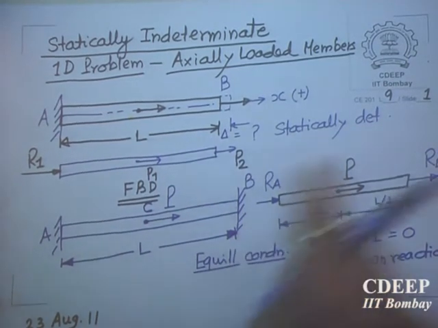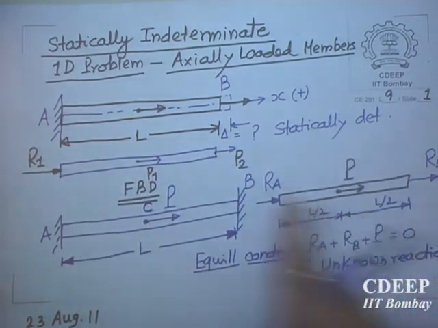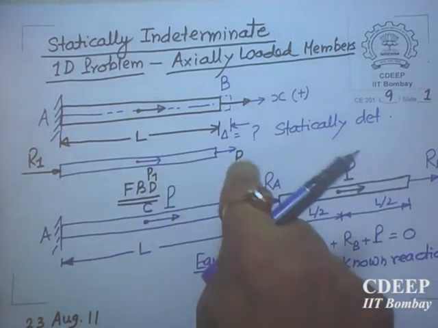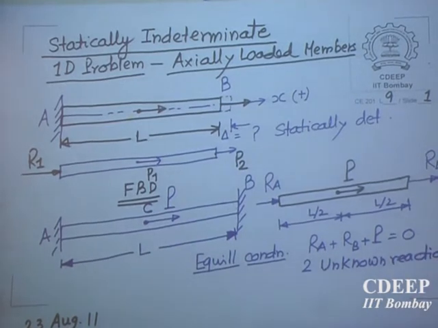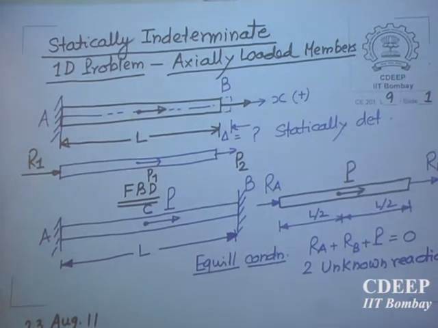That is all. There I was getting RA, what was there? R1 was P1, minus P1 plus P2. But here I cannot get it. I have got two reactions and the applied load. So this is statically